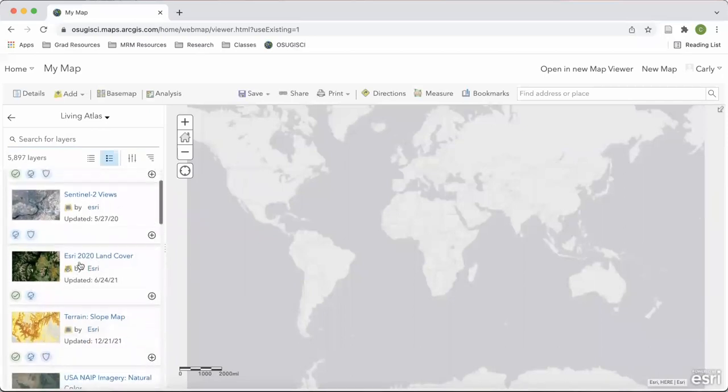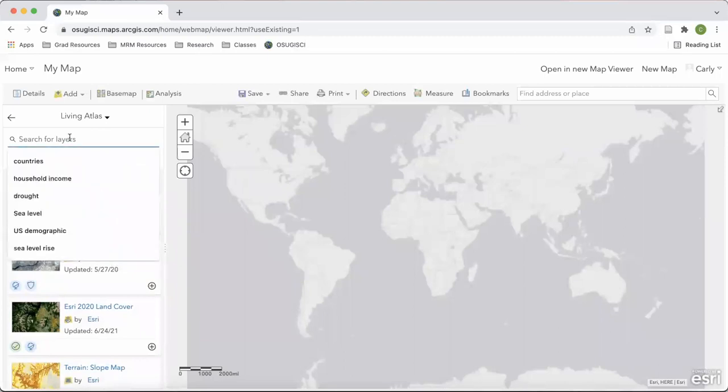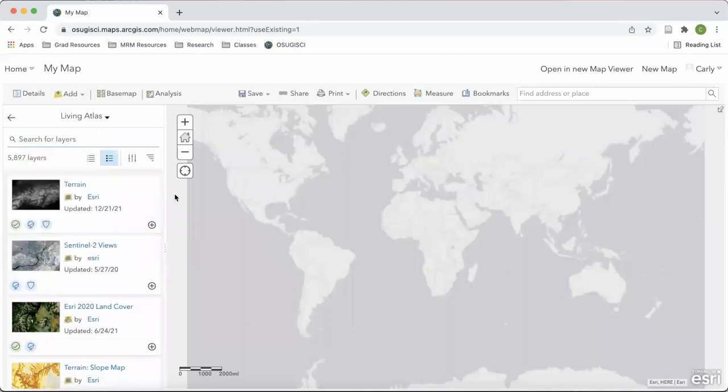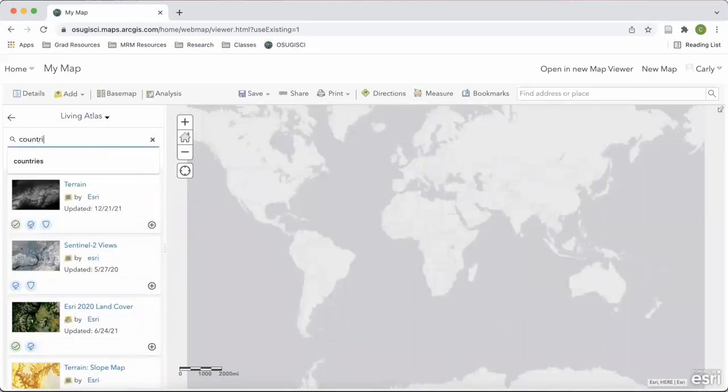It has everything from political demographic data to pretty high quality imagery, and I would suggest using this as a resource as you're making your maps, because instead of searching outside for information and data, you can get a lot of great things through the Living Atlas. So we'll search for countries,